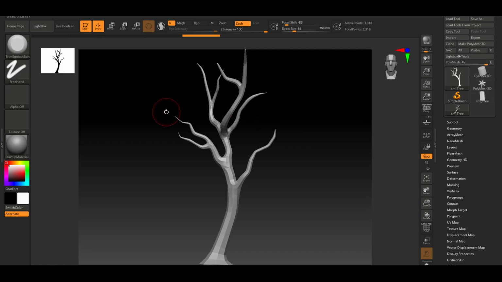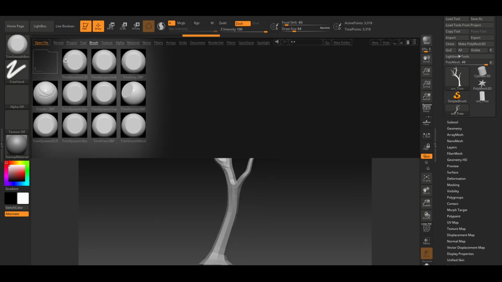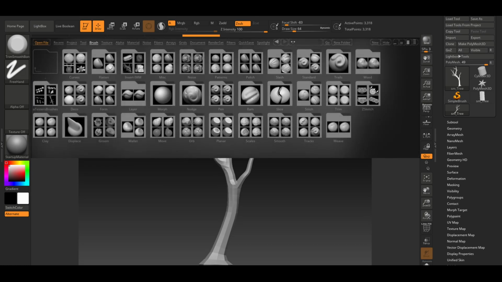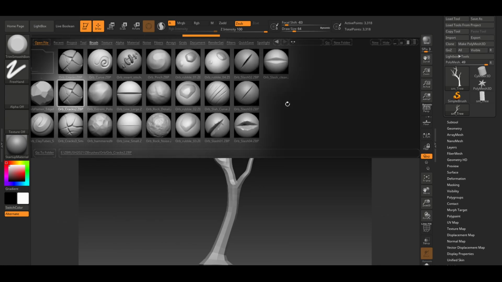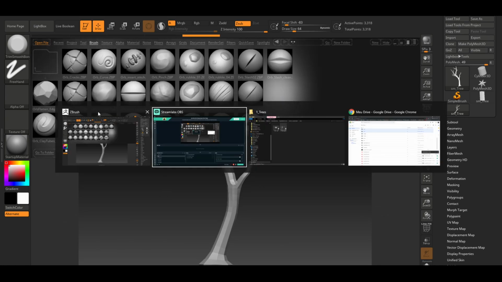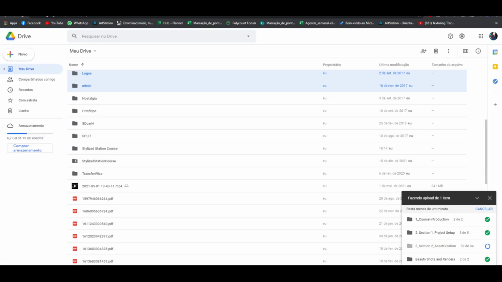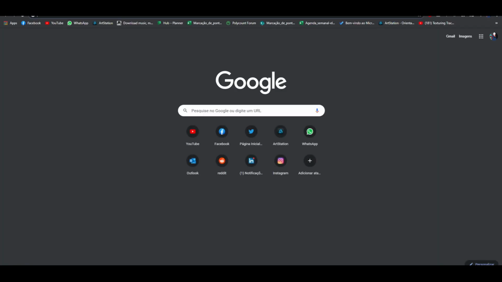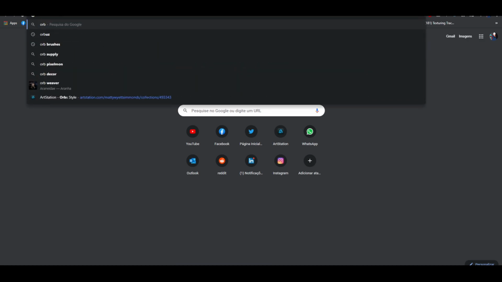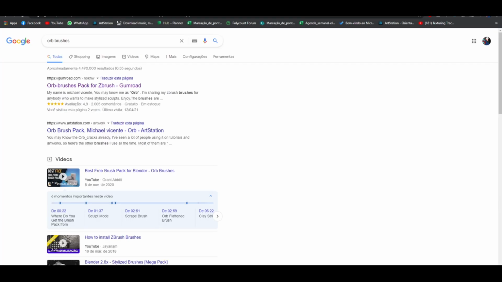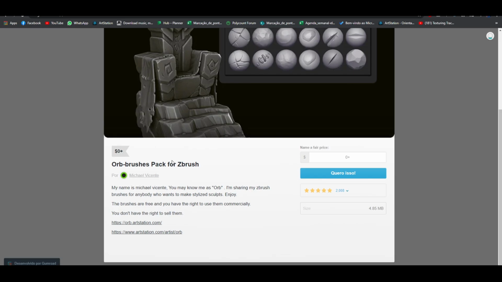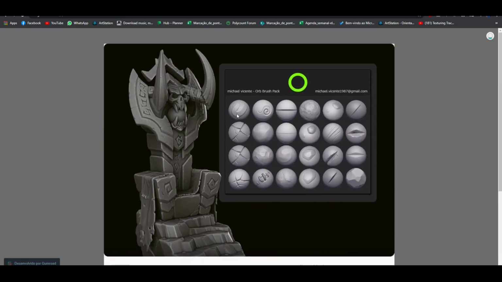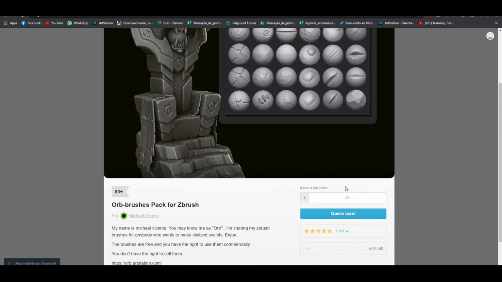Right, what else do we need? Some other brushes that you could use and are very useful, and I use them heavily, are the orb brushes. These brushes don't come with ZBrush. You would need to download them from Michael's Gumroad. If you search for orb brushes in Google, you'll very quickly find the orb brushes pack by Michael Vicente. This is a great stylized brush pack for ZBrush,